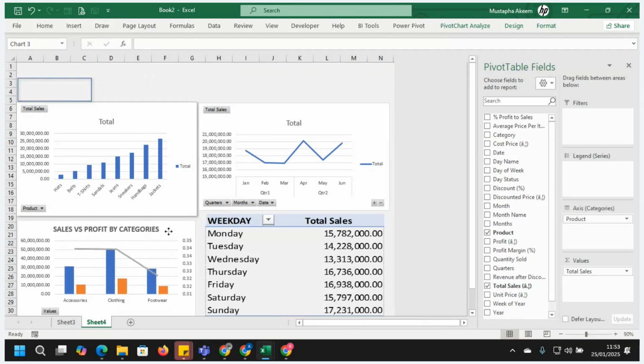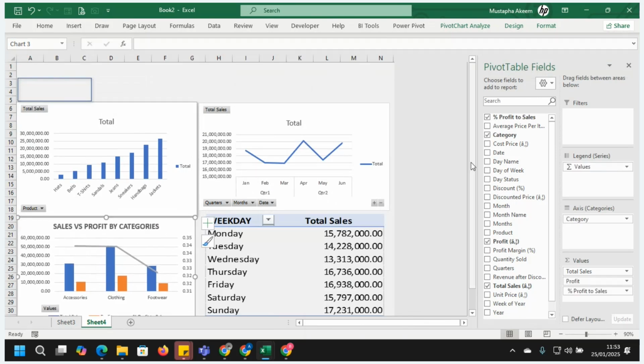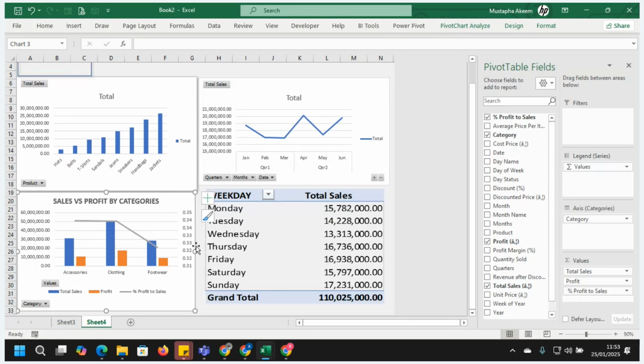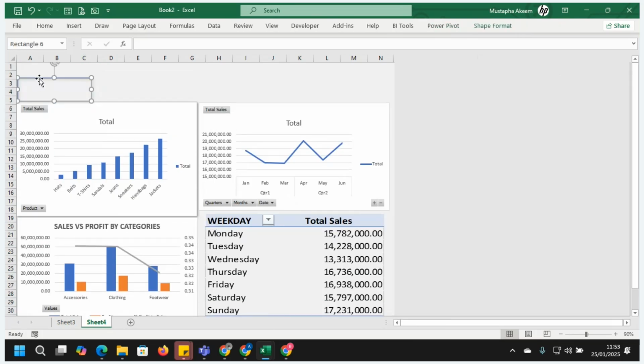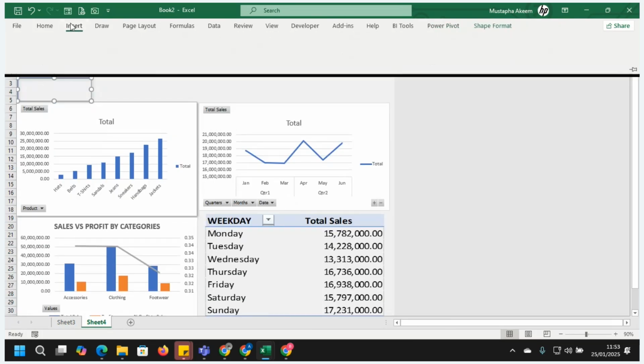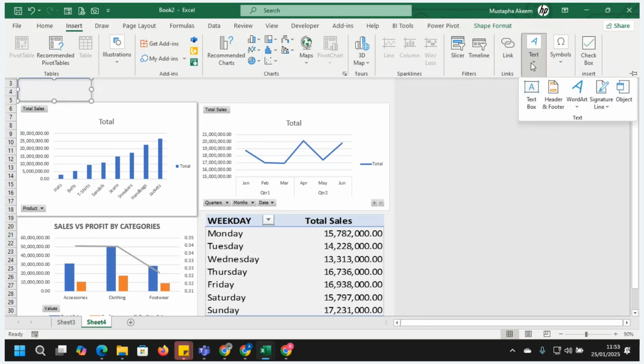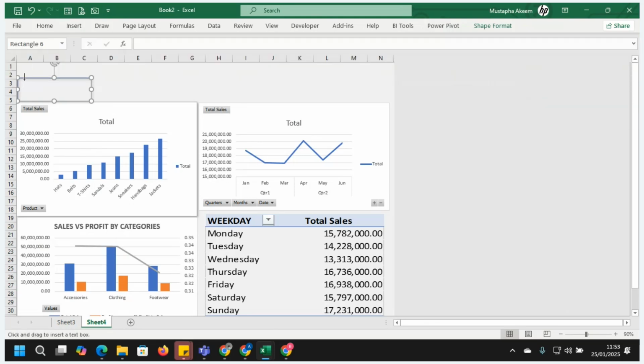And you see the visual, the way it's looking now, like a 3D of the thing. So you can go ahead and format and add that to your format. Okay, with what I have, I'll click on insert. I want to insert a text box. I'm clicking here to have the text box. I will call it total sales.